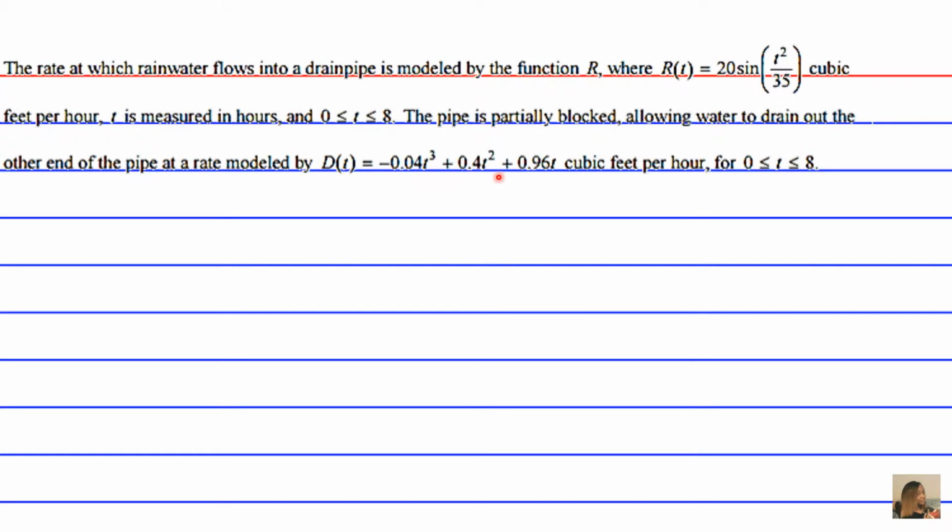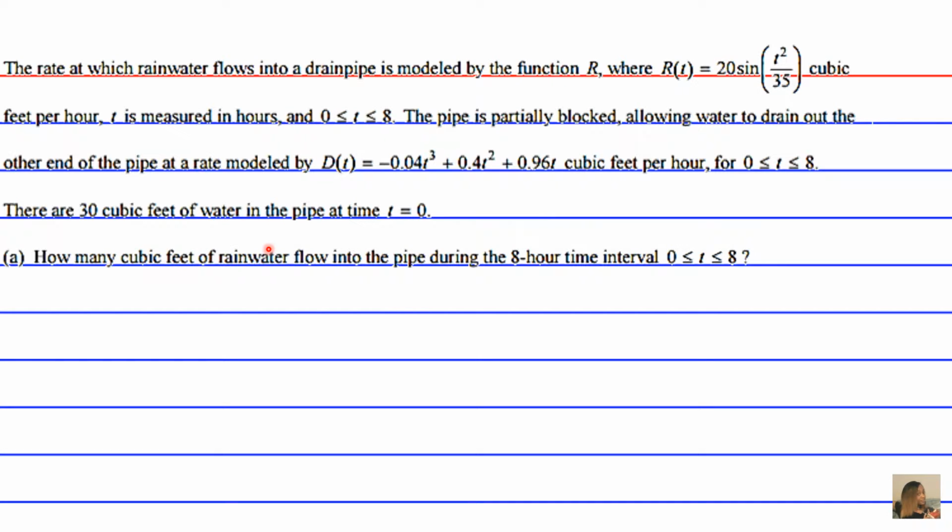Okay, so t is a unit of time, also for t greater than or equal to 0 hours and less than or equal to 8 hours. And also, there are 30 cubic feet of water in the pipe at time t equals